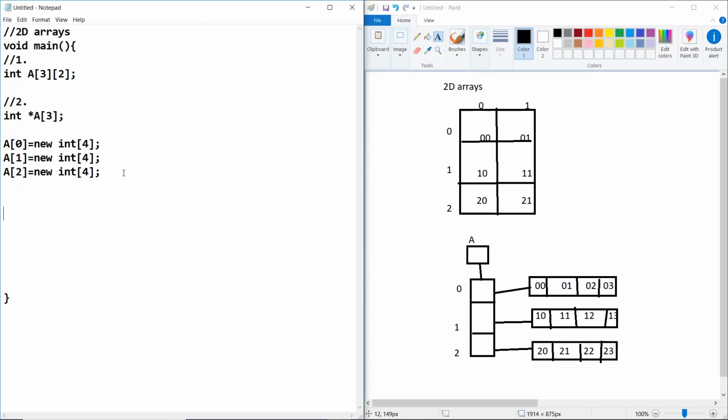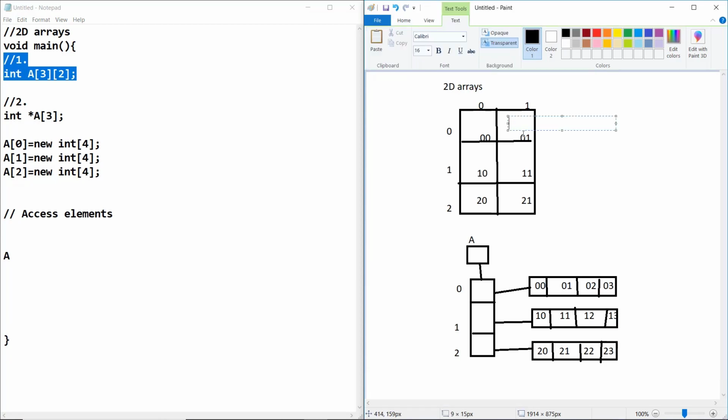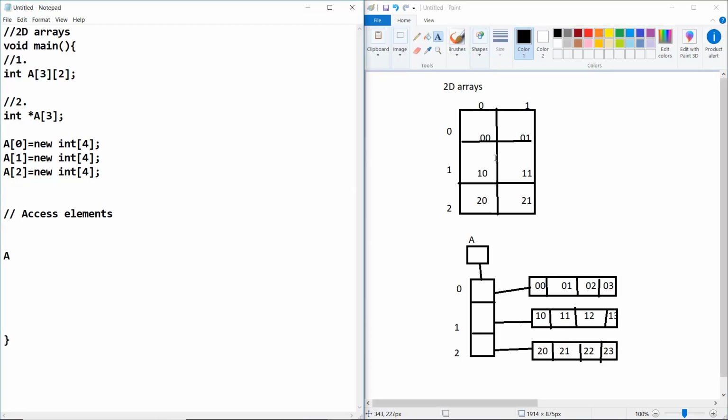Now let's see how we can access elements. Accessing elements is the same for both. In the first case, if we want to access this element, we just type its address. I have already defined it: 0, 1. So the 0th row and first column.